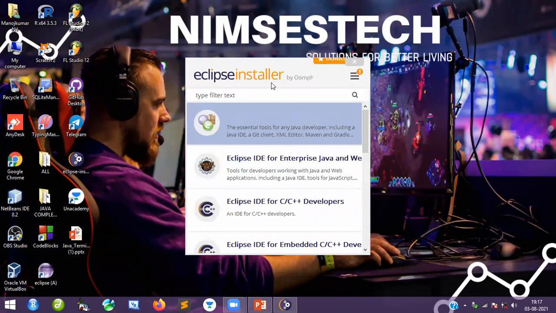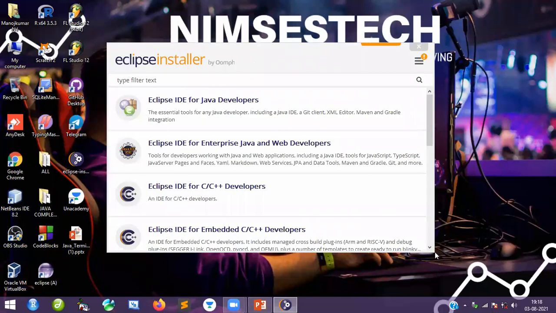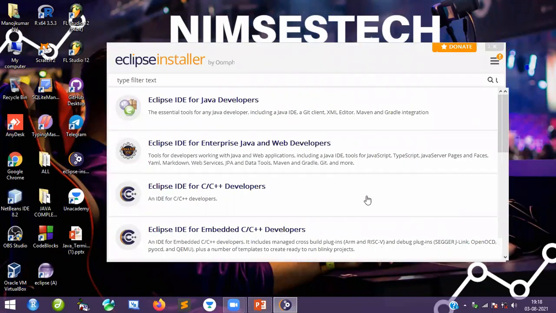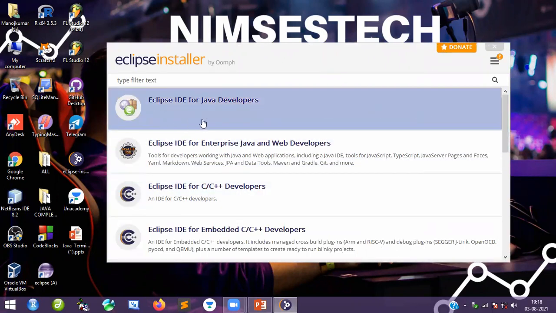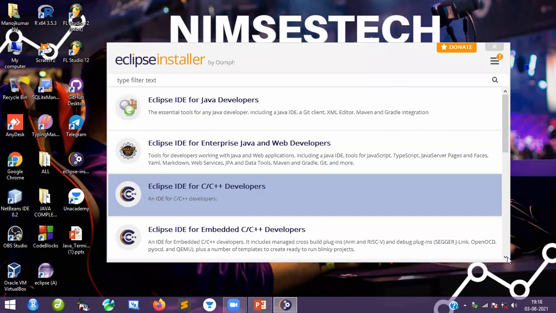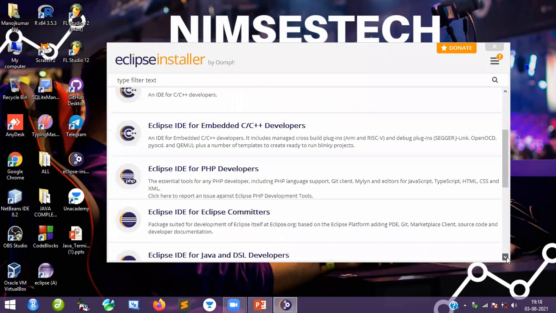Eclipse is one of the biggest organizations. These people develop the IDEs for this. Actually, I will tell you everything, guys. Don't worry, every bit of everything I am going to tell you. These Eclipse people build an IDE for Java, web applications, C++, embedded C++, a lot of things, Perl, PHP, C. There are a lot of IDEs there.